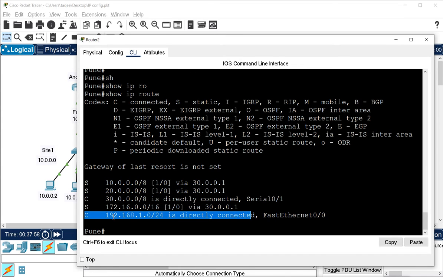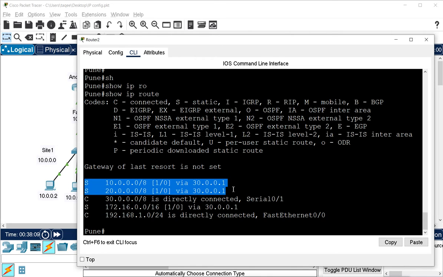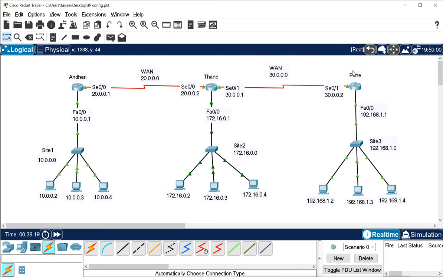We configured the 172 network as static, and we can reach it through 30.0.0.1. Then we configured networks 10 and 20 also, and we can reach those networks through 30.0.0.1. These are the first hop addresses for these networks. Now it is done for this Pune router.